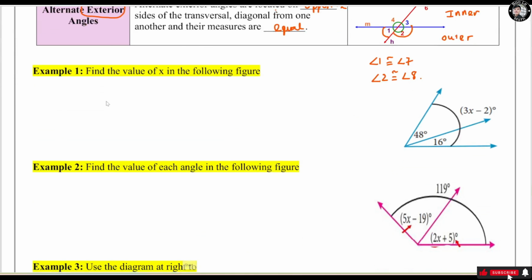Now, example number 1, find the value of s in the following figure. Alright, we're going to use the angle addition postulate, right? This angle and this angle equals this one, because you have the ray in the middle right here. So we have